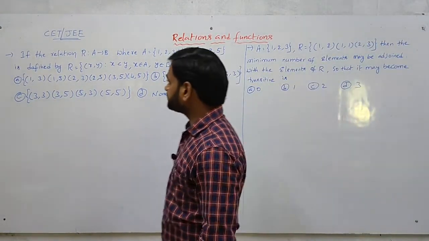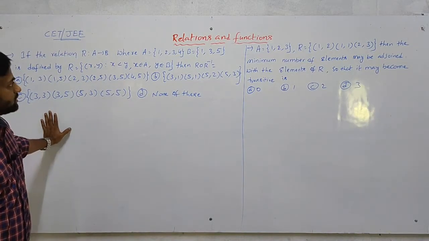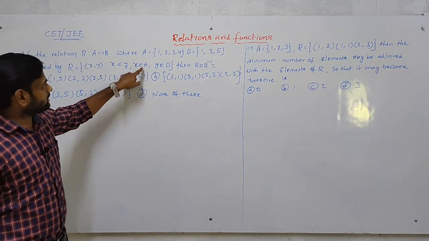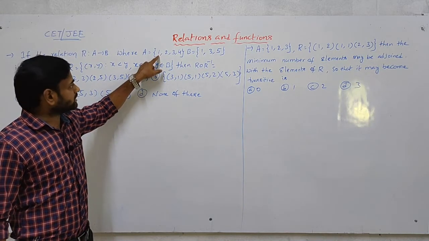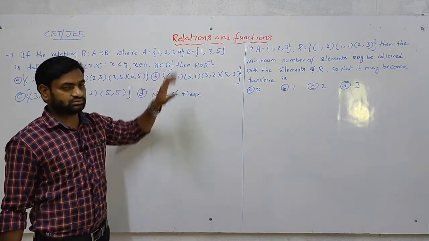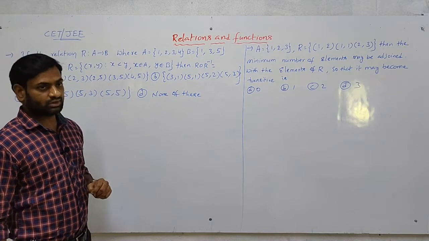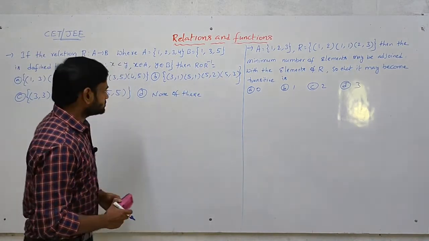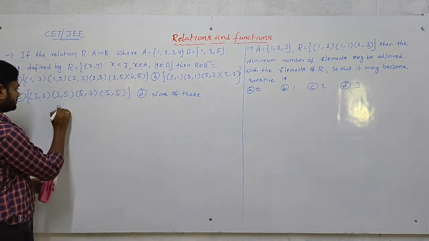See the next problem. If the relation is from A to B given by x less than y. See here, x values from the A. Listen once again clearly. X values from the A, y values from the B. But the condition should be satisfied as x less than y. Now we have to find R circle R inverse. So first I want to find R. What is the R? Capital R.